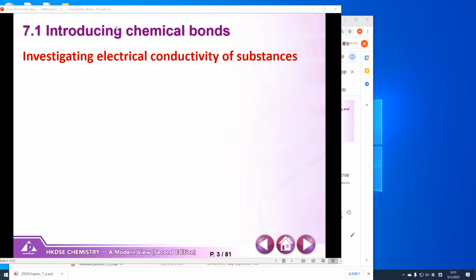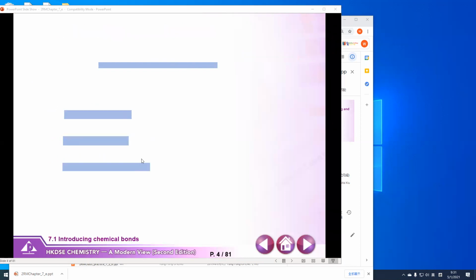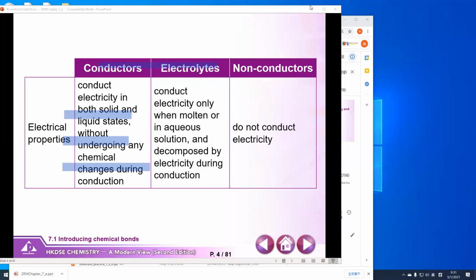So they try to investigate the electrical conductivity of substances，即係導電性能。Substances can be classified into conductors，即係可以導電嘅，electrolytes，電解質，例如好似寶礦力咁樣，通常都係鹽水嚟嘅。And also non-conductors，不能導電嘅嘢。咁呢啲咧，你可以翻去 Chapter 1自己去望下。